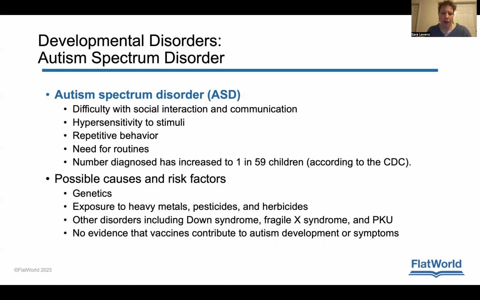Possible causes and risk factors. Genetics is the top cause and risk factor. It's characterized by particular genetic combinations. There are other things that can have these types of effects, which would be exposure to heavy metals, pesticides, and herbicides. So lead, for example, heavy metals, things in drinking water, and pesticides and herbicides actually have